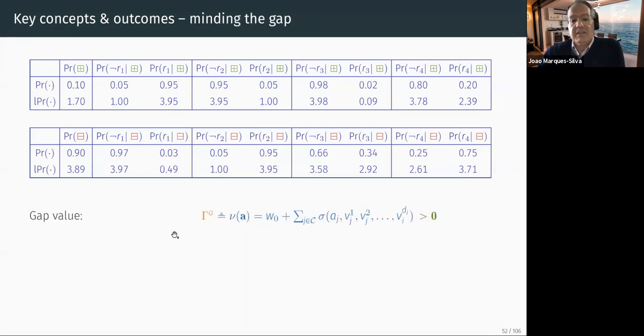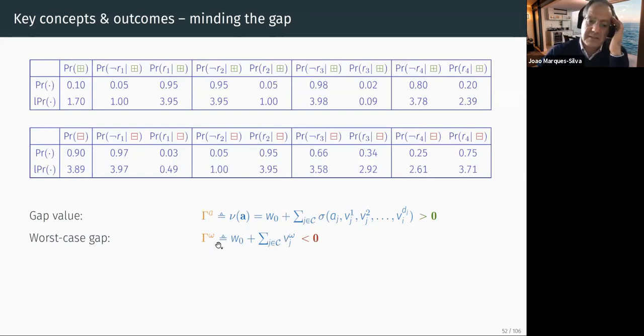And if I have an extended linear classifier, then let's first define what we call the gap value. So this essentially is how much I am positive, how much I'm allowed to get rid of while still being positive. So I'm going to compute the value, and I want that value to be greater than 0. Well, it's greater than 0 because I'm predicting plus. And another value I need is the worst case gap. So essentially, for each feature, I'm going to pick the worst possible value. And again, it should be negative. Otherwise, if everything was positive, then I would never change the prediction.